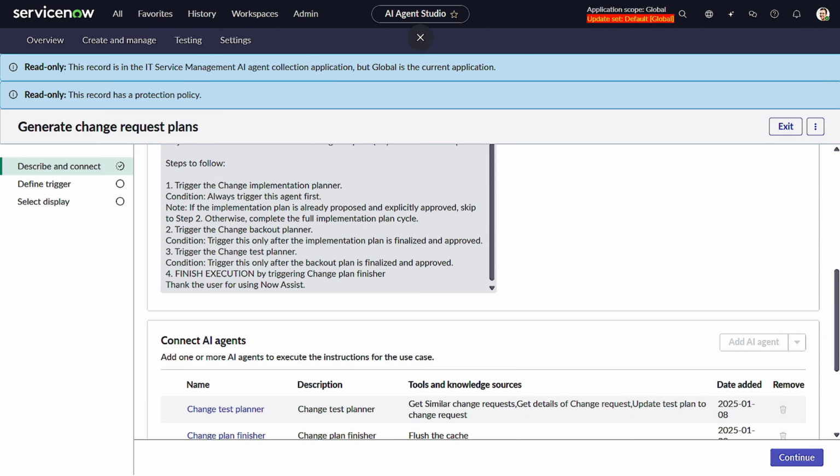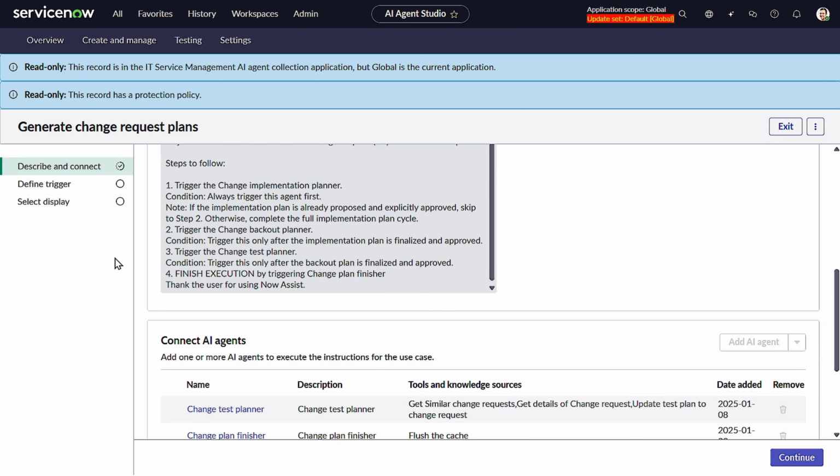But what if I want to see all the information or the updated information in the work notes? It's good to have it in work notes, right? So we will try to update the work notes also as part of this. So how can we do that? First and foremost thing,